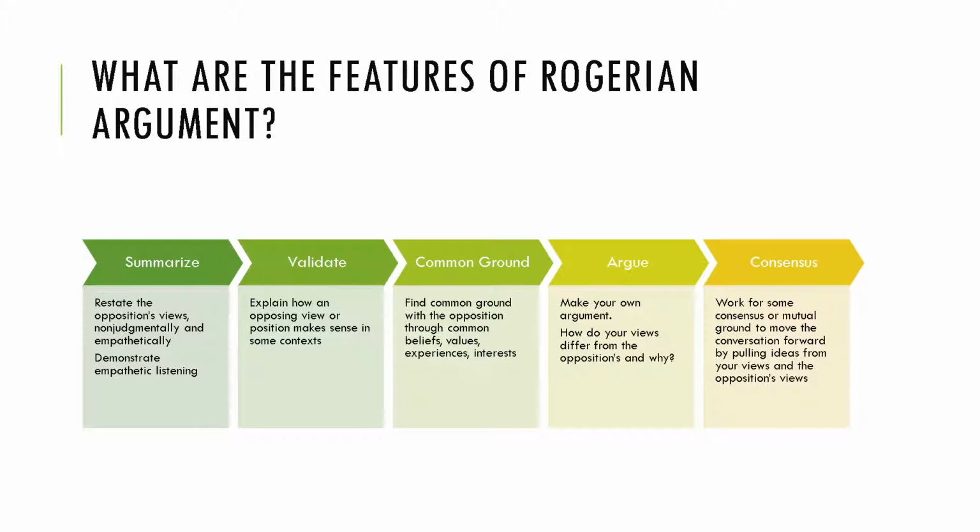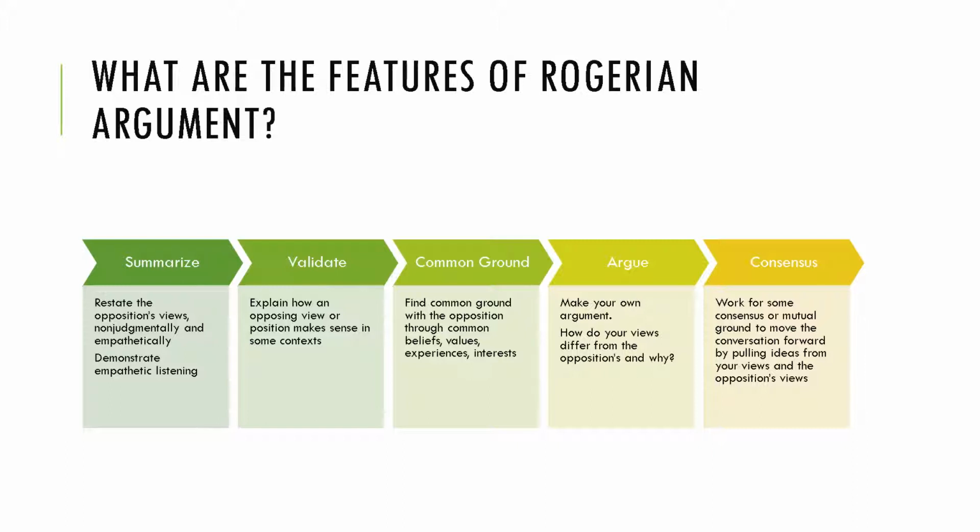A lot of students are a little confused about the difference between validating some of their points and finding common ground. Validating is literally restating some of the points they're making and saying you can see how those points make sense in some context or under certain circumstances. Finding common ground is finding shared values, like, okay, we value education, we value life, things like that. So you're finding, on a deeper level, some common ground between you and somebody who has a viewpoint opposing yours. Then, this is how this is different from traditional argument.